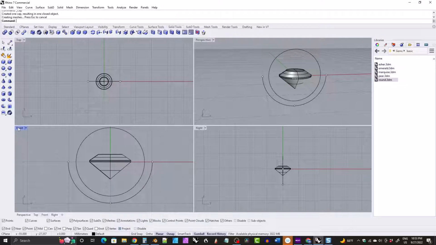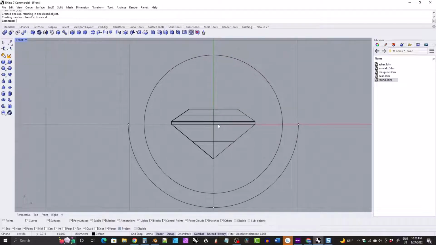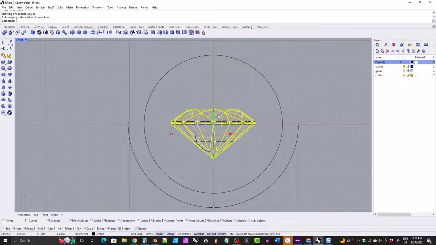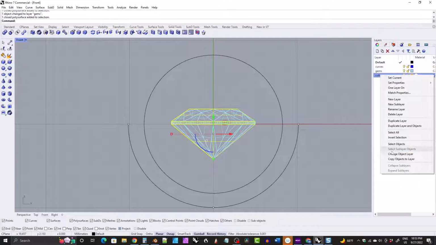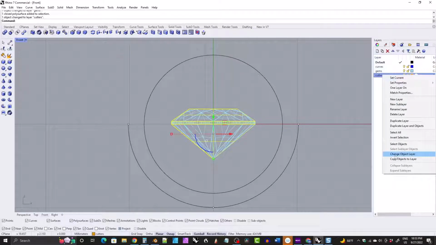Okay, but either way, as long as you end up with this basic gemstone shape, and then I am going to type show and bring back my realistic model, so now I have both of them. And we're going to put the realistic model on the gems layer, and we'll put the basic model on the cutters layer. So I'm just right clicking on the layer and then clicking on change object layer with the object I want